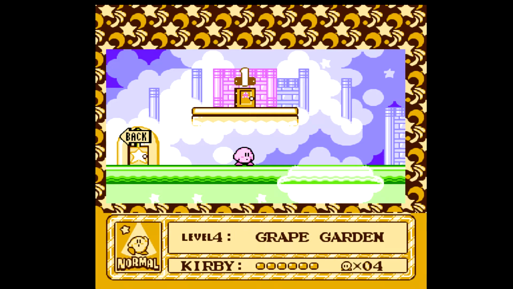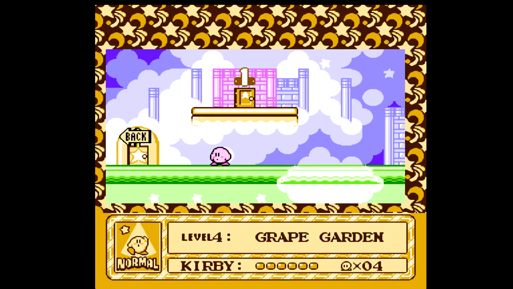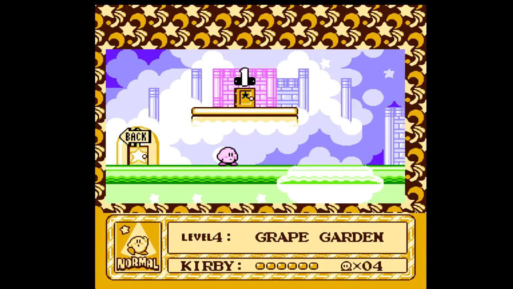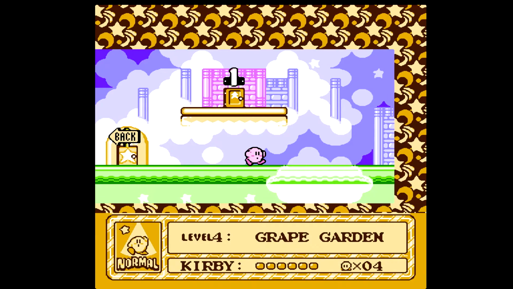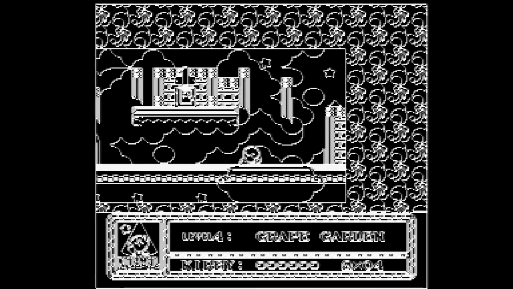You've seen the Genesis collection for Xbox 360 did this with a lot of their games. They added this filter. So I'm going to do this again, add more filter for the HQ3X. You see it's even more so there. LX2, just different versions of that in here. And then there's this one, X-ray,